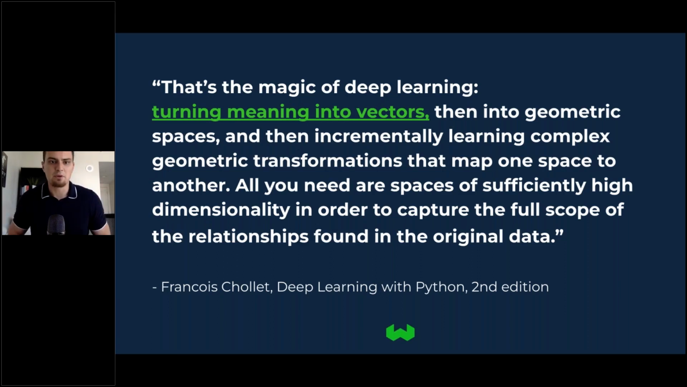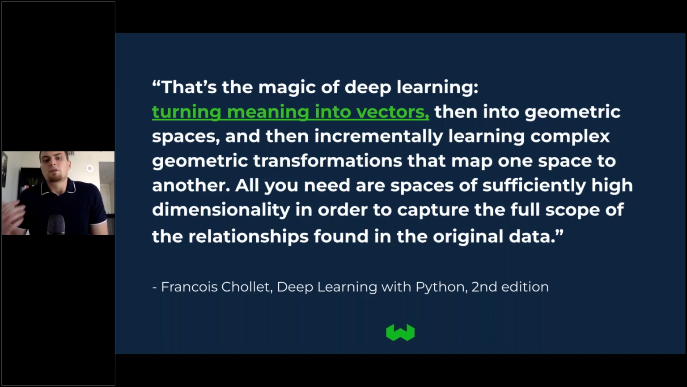That's the magic of deep learning, turning meaning into vectors, then into geometric spaces, and then incrementally learning complex geometric transformations that map one space to another. All you need are spaces of sufficiently high dimensionality in order to capture the full scope of the relationships found in the original data. And this is a quote from Francois Chollet in the second edition of Deep Learning with